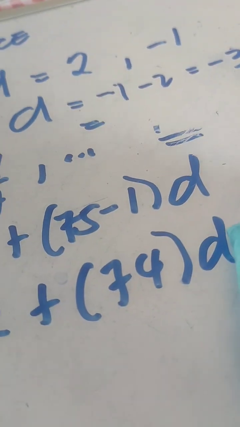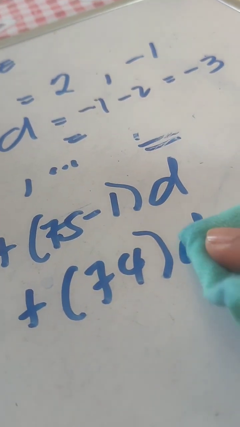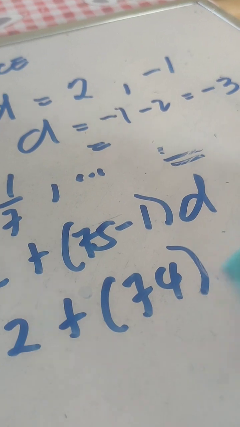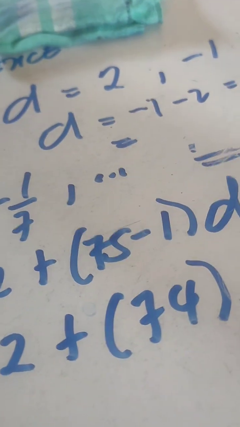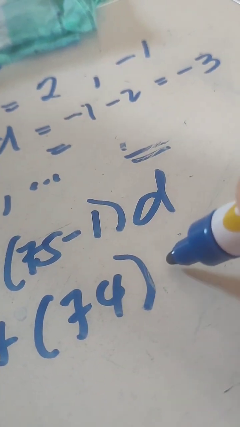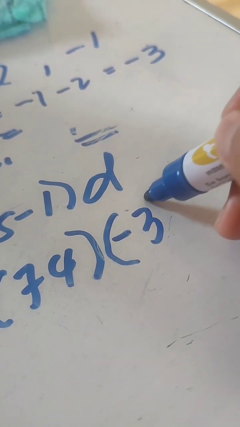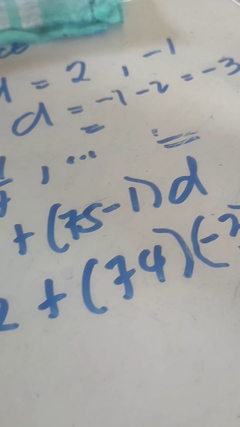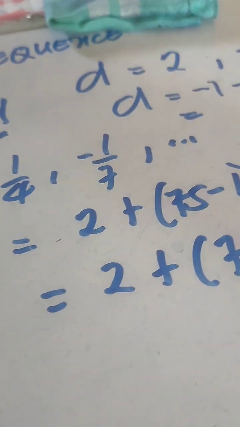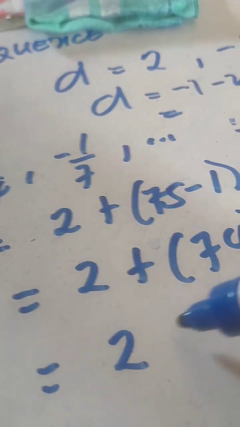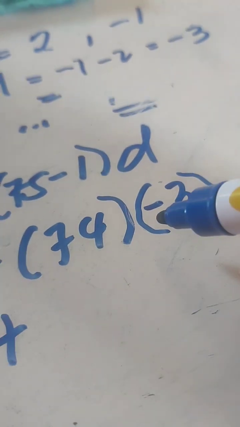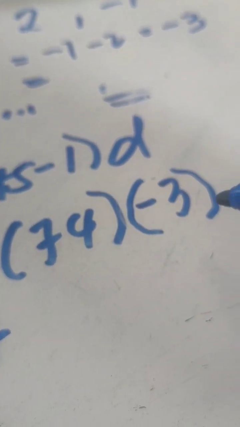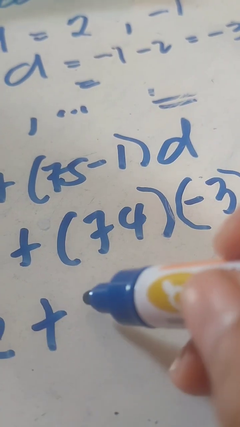That is our d. Therefore, instead of writing d here, we will replace it with -3, enclosed in parentheses to note that it is going to be multiplied by your 74. So you have 2 plus 74 times -3 is equal to